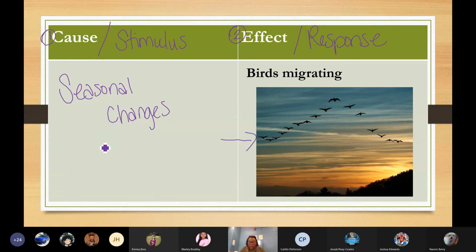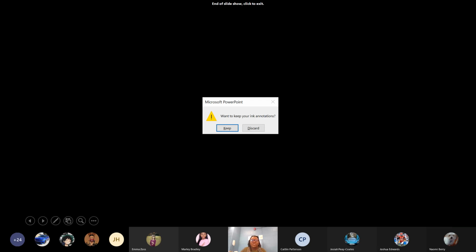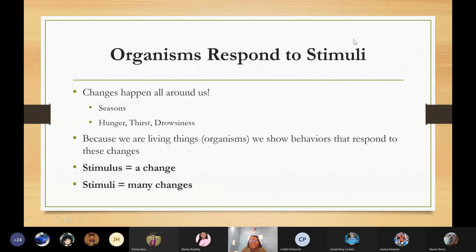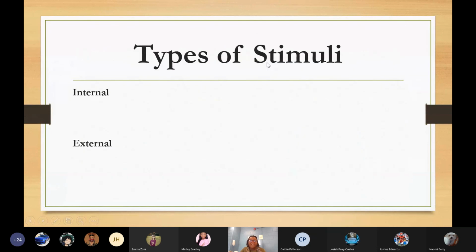Okay, so let's finish up today by making sure we understand some important words. We want to make sure we understand that a stimulus is a change. And stimuli, changes can happen inside of our body, those are called internal stimuli, or outside of our body, those are called external stimuli. Remember, the notes and this recorded lesson are going to be available in your new blue folder as soon as our class concludes today.